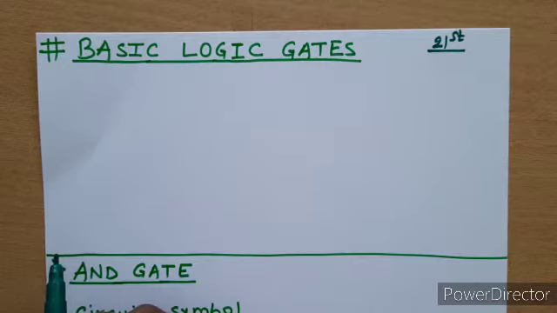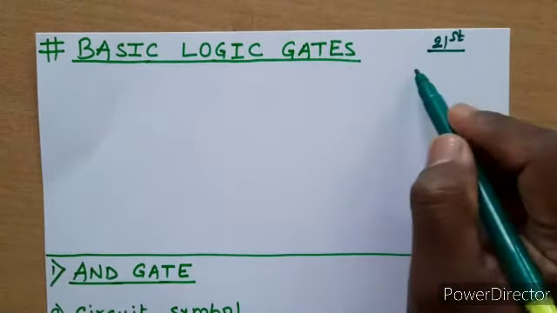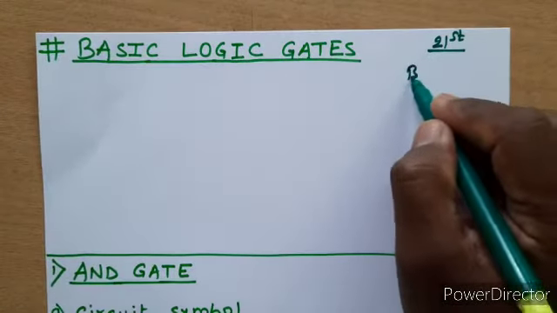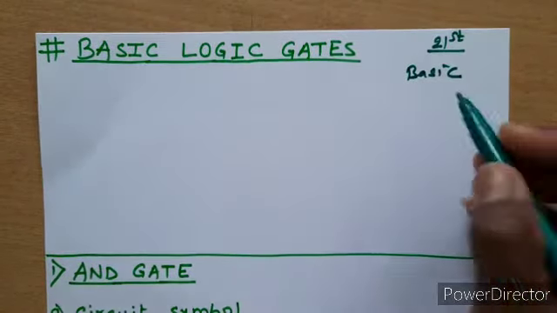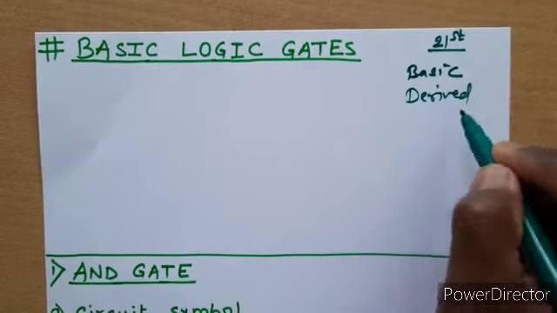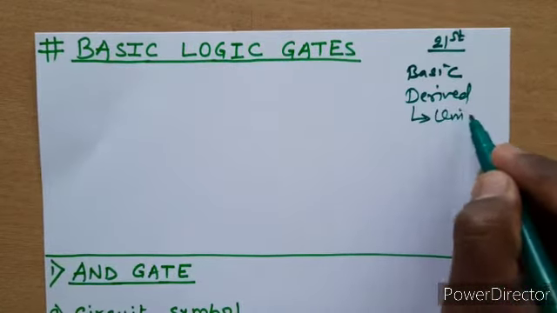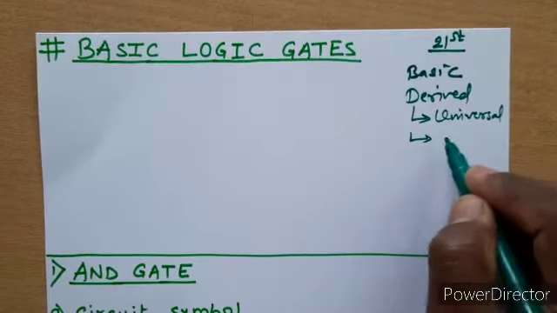So I hope you must have thought of different examples of this logic, where and how this logic is used, and based on that logic what decisions you take. Okay, and we have also discussed about the classification of these logic gates. So as I said, logic gates can be defined as basic logic gates and derived. In the derived we have universal and special.